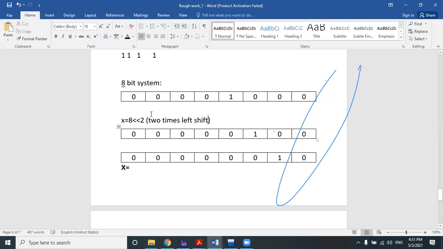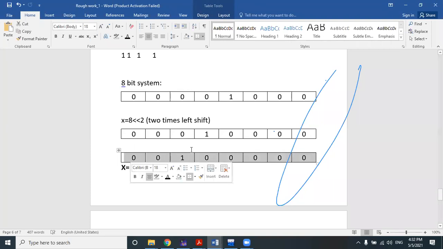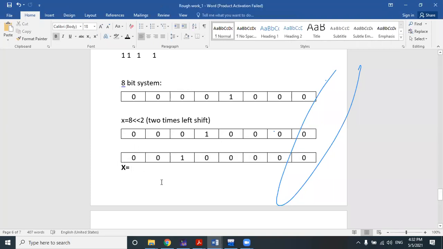The bitwise left shift operator. So, first shift this one. Clear? Second shift this one. Is it clear to you? Did I do it correctly? Okay. Now convert this binary form, 32, into its corresponding decimal number. What is the decimal value? 2 to the power 0, 2 to the power 1, 2 to the power 2, and so on. This is 2 to the power 5, so 32.